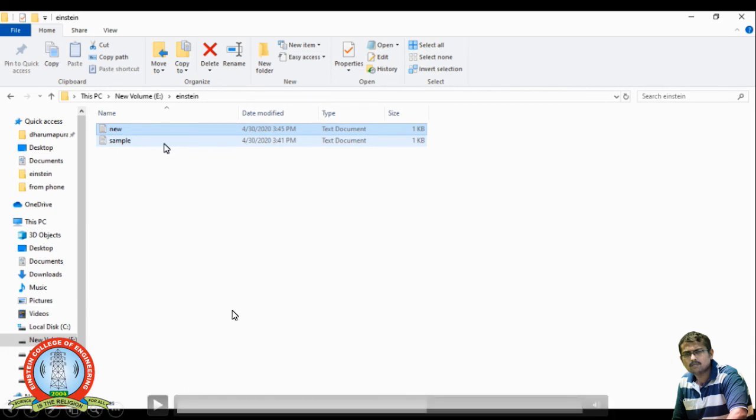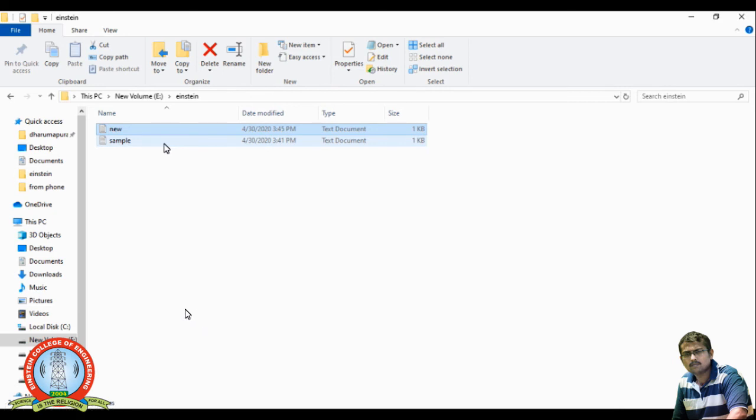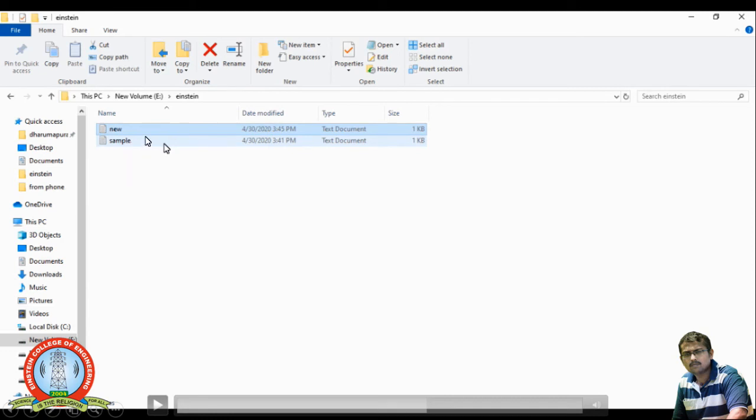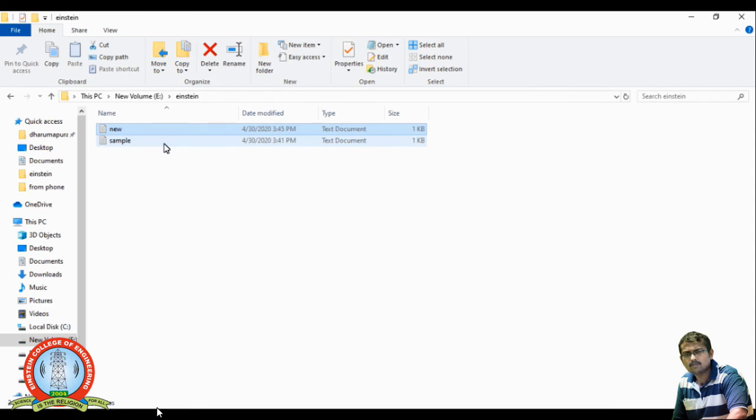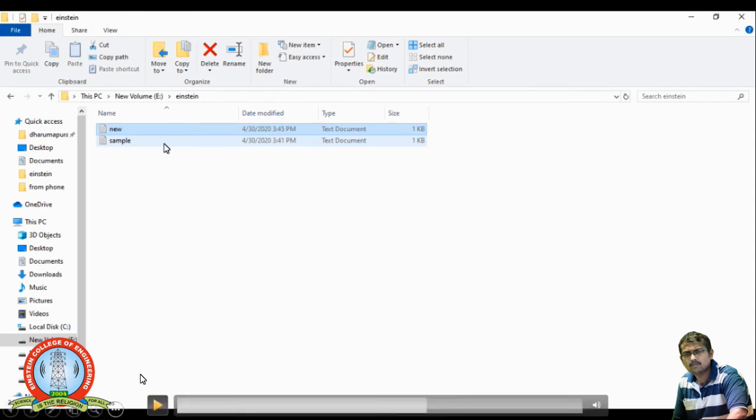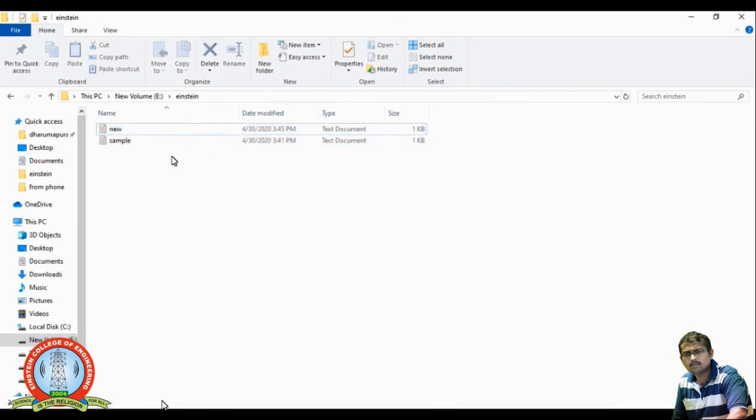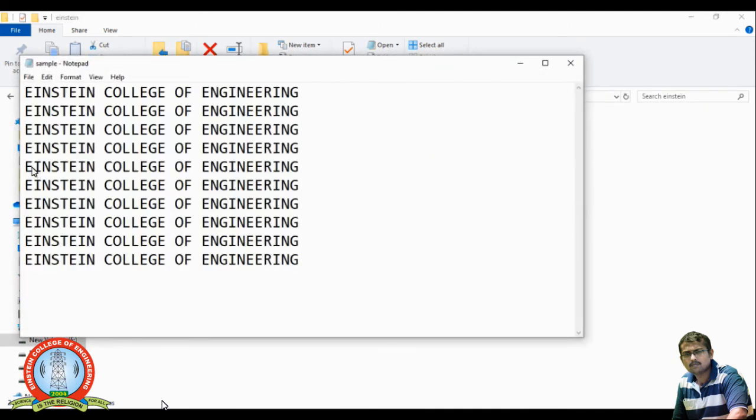and I am going to execute this program once again, so that I write the contents of sample.txt to new.txt in the write mode, and see whether those contents are reflected there along with the existing contents in new.txt. We know that new.txt had 10 lines. Now I am opening sample.txt and making some changes in it.